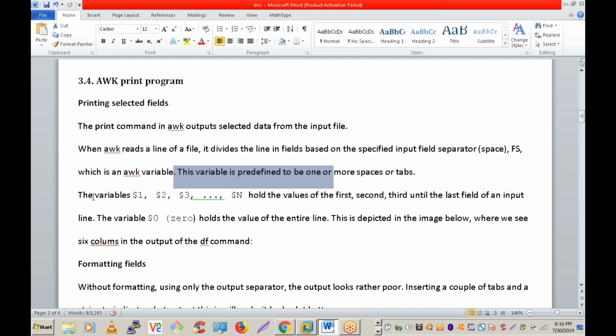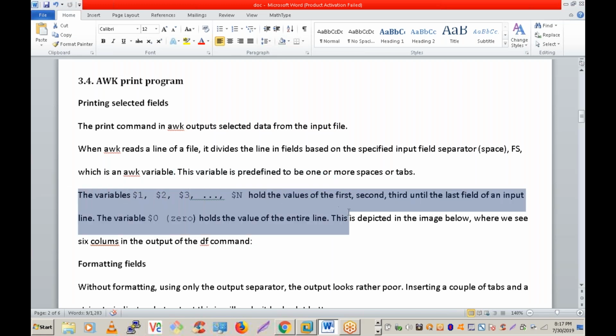If you give more than one space between two words, it still treats the space as a field separator. If you continuously give more than one space, it won't take another one as a pattern. Simply, a collection of spaces is treated as a single field separator, so there is no empty word. And the values of $1, $2 hold the first, second, third, until the last field